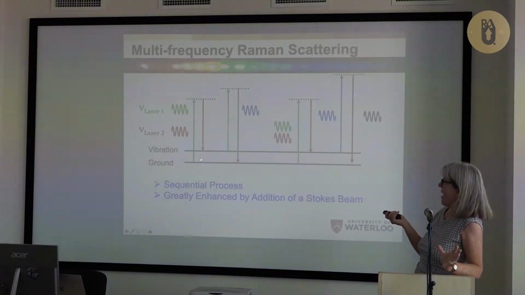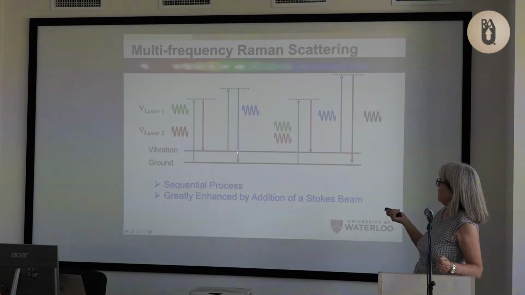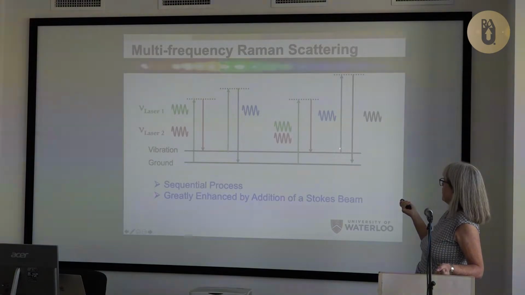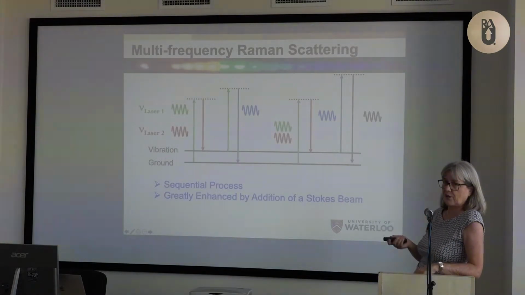And so we're going to have 50%, ideally 50% population in both levels. So now you're actually making a lot of anti-Stokes. All right, and once we make a lot of anti-Stokes, but we still have 50% of the population up here, you can scatter and scatter and scatter, and as you go, you make more and more of these high order terms.